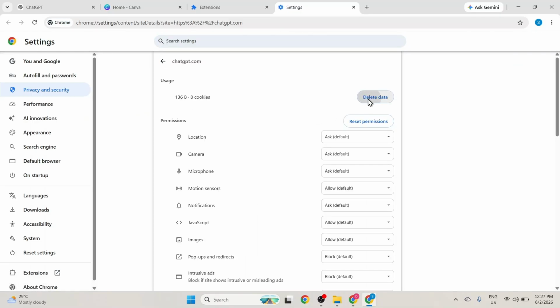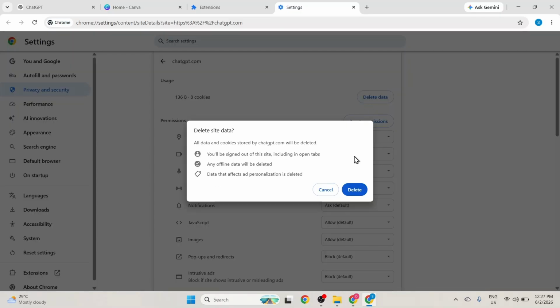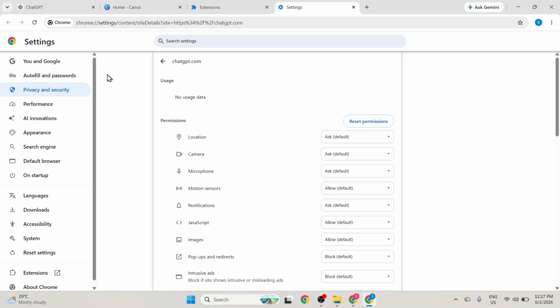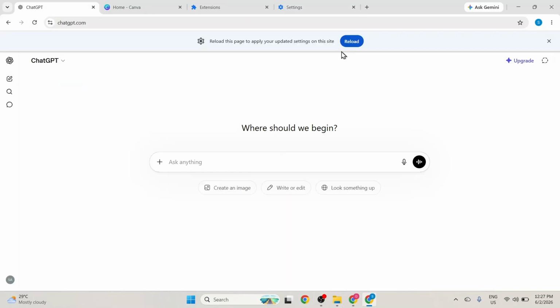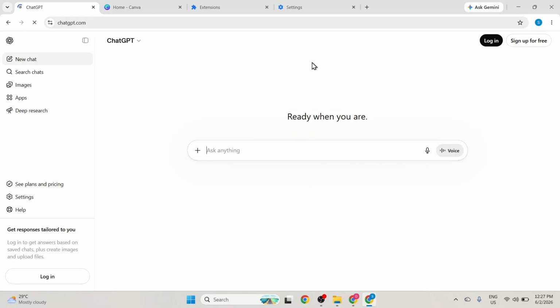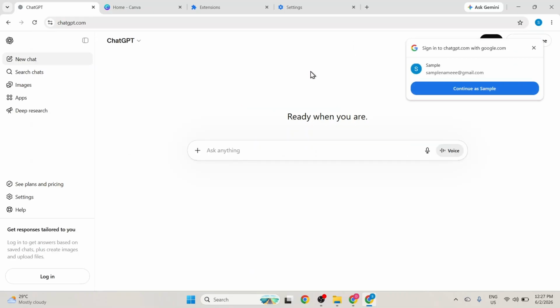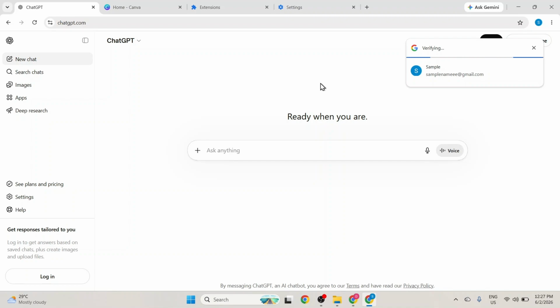This opens a new Settings tab where I click the Delete Data button under Usage. I confirm by clicking Delete in the pop-up. Now, I head back to the ChatGPT tab and click on the Reload button at the top. The page refreshes, and I click Log In to sign back into my account. I continue with my Google account, wait for the verification to complete, and now I am back on the main